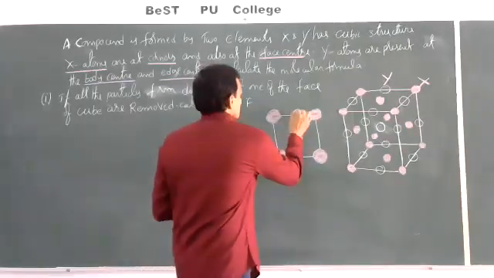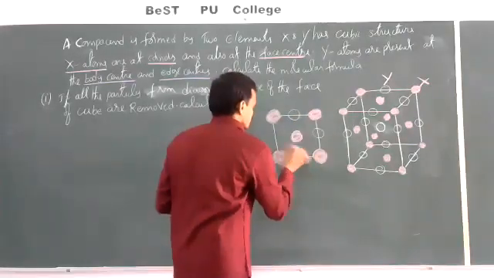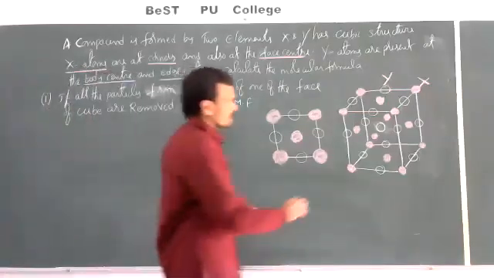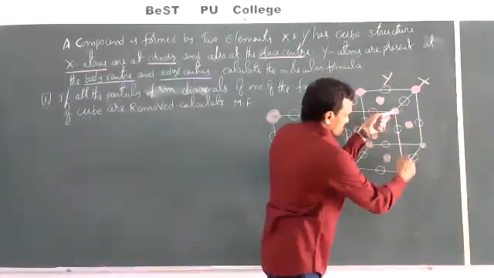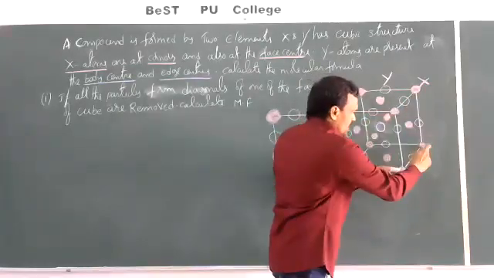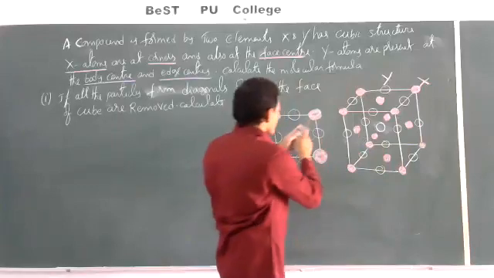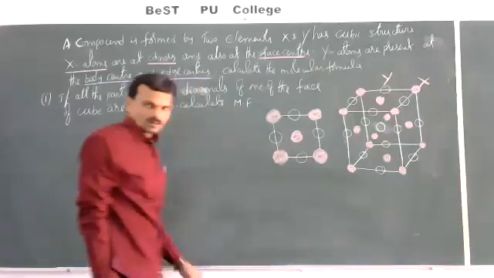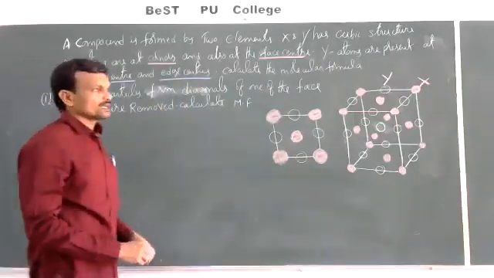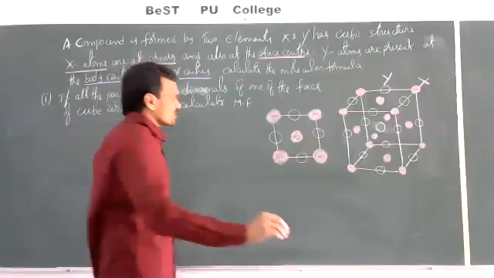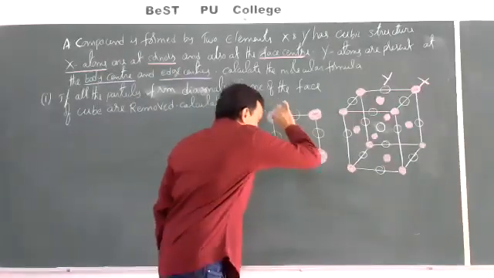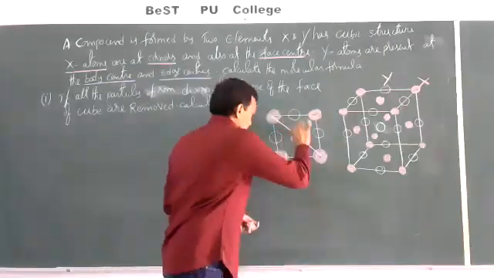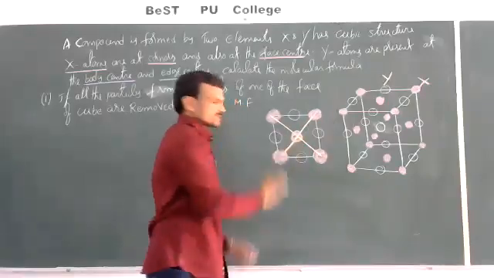In addition to this, particles are present at the edge centers. These are the total particles present on one face. Let us take this face. In this face, at the 4 corners and 1 face center, the pink color particles are there, the same as I mentioned. At the 4 edge centers, 4 particles of Y are there. Now, what are we removing here? We are removing the particles from the diagonals of the face. This is the diagonal of the face and this is the diagonal of the face.